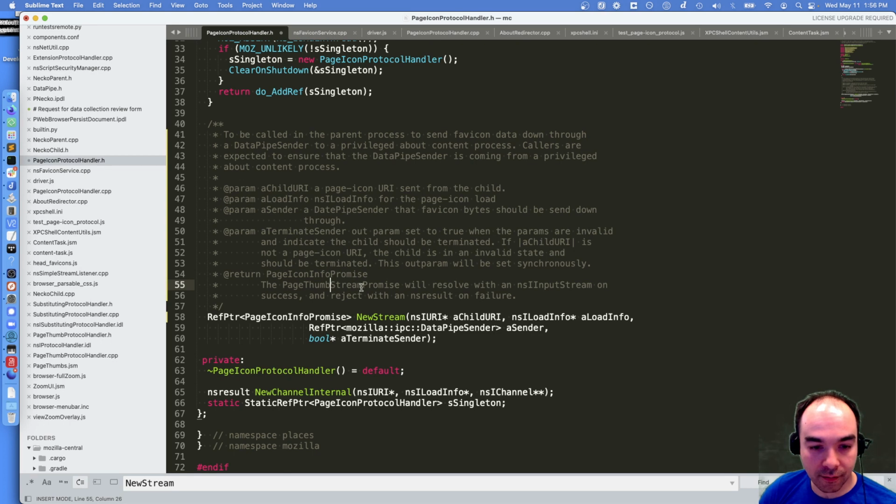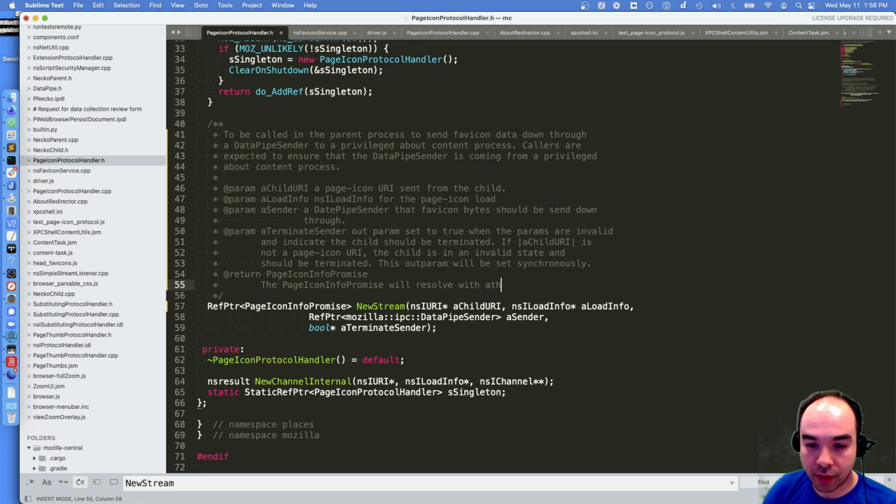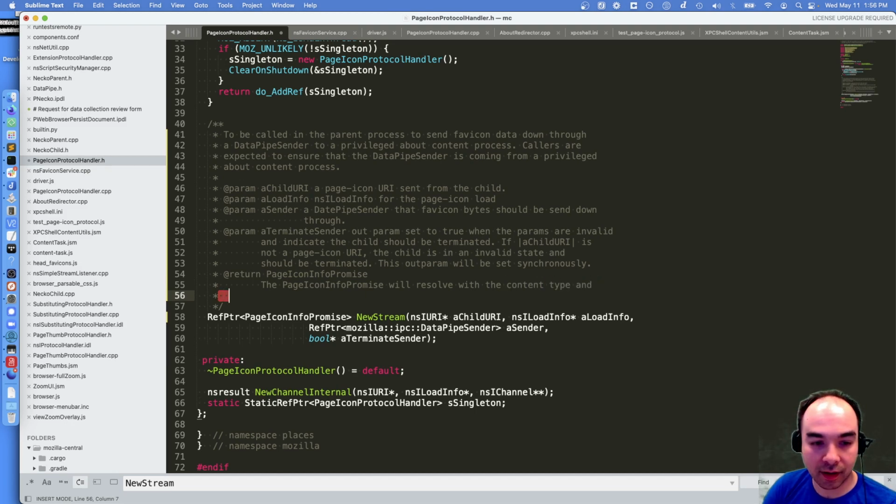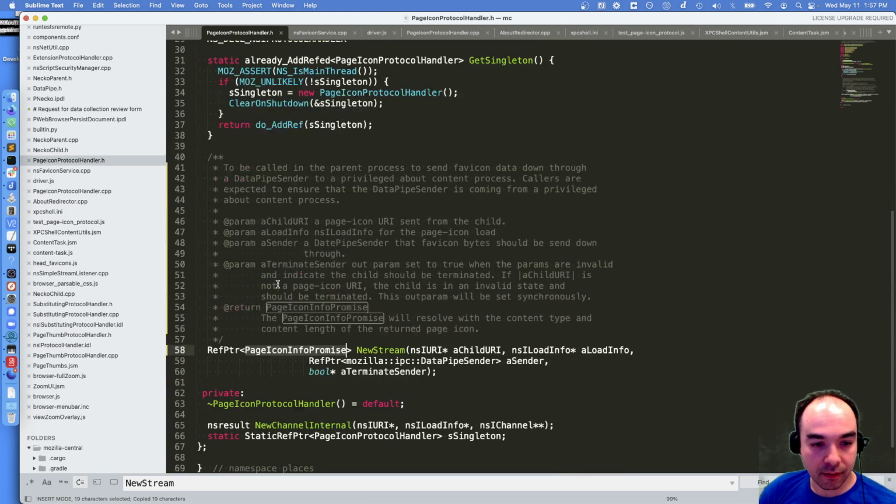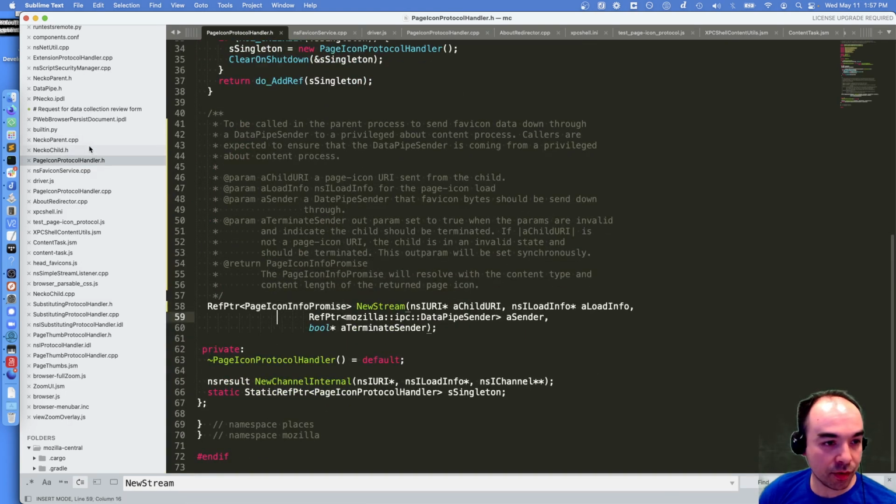Page icon info promise will resolve with the nsCString content type and content length of the returned favicon, page icon. Okay. So we've got that thing, and we need to now return that from NewStream.